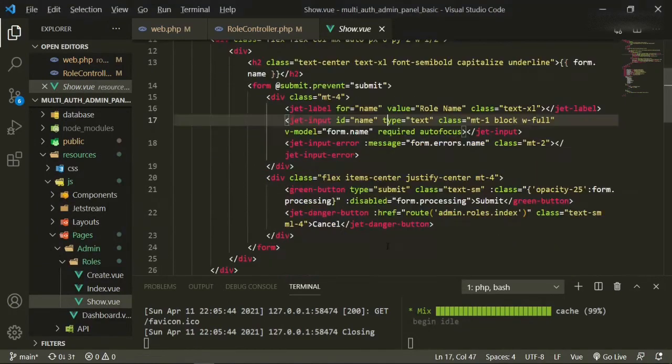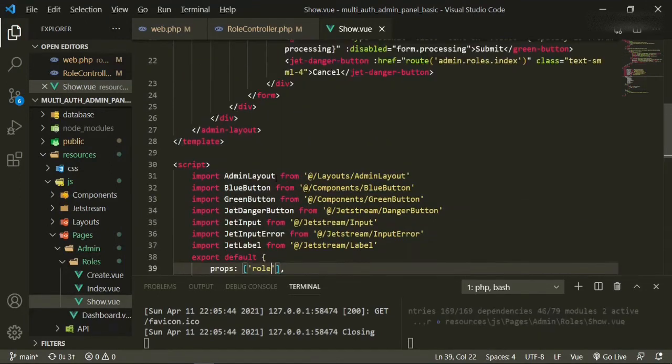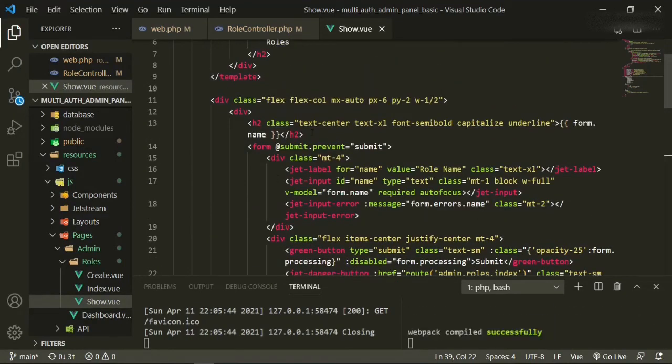So in here we need to accept the role prop. So we already have roles in here. We'll just say role. Then here we can just change this to role name.